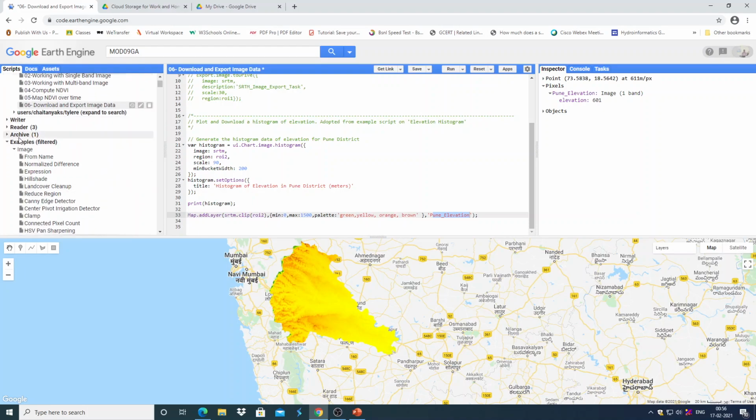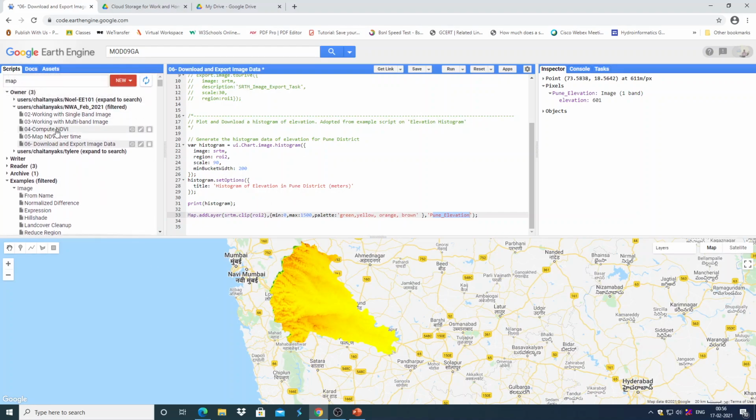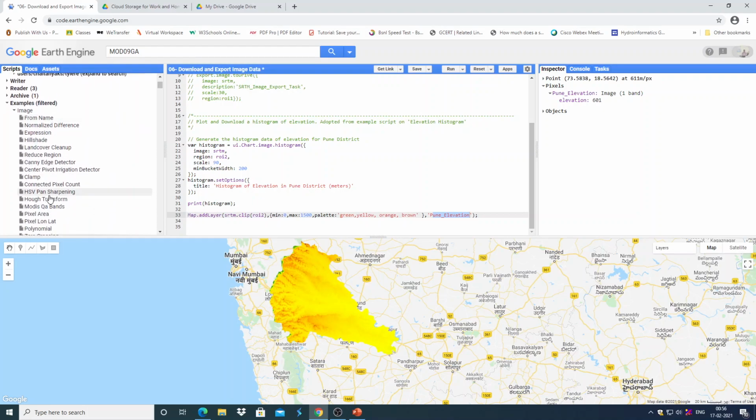And then you can also go through these examples. You can modify these examples just as I have done in some scripts. You can customize them for your region, and you can start working to gain confidence and